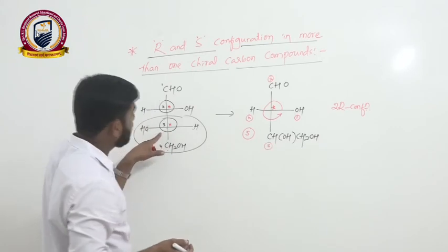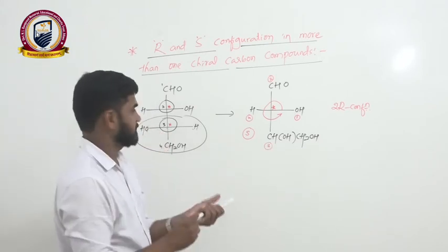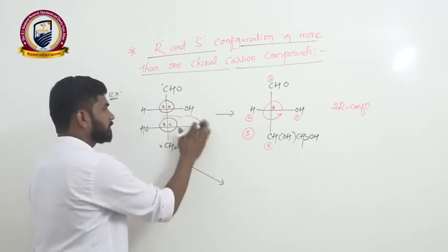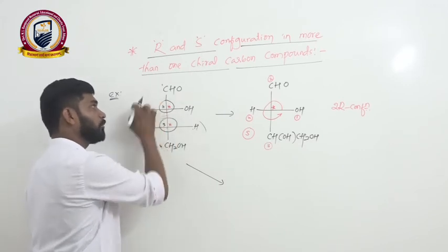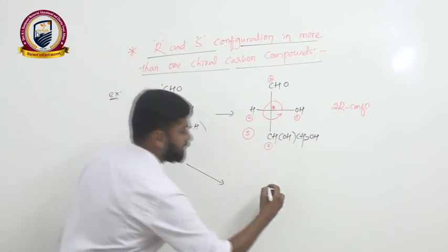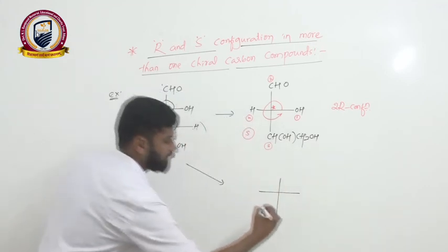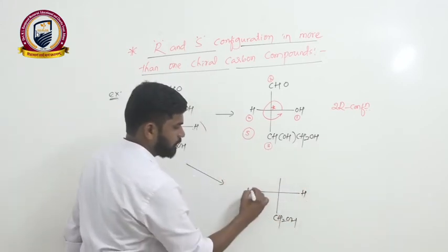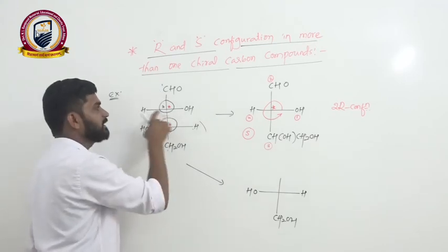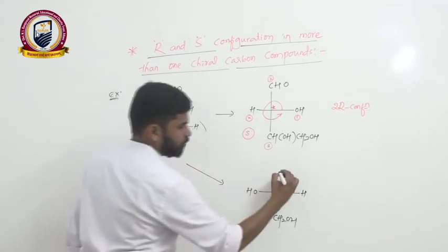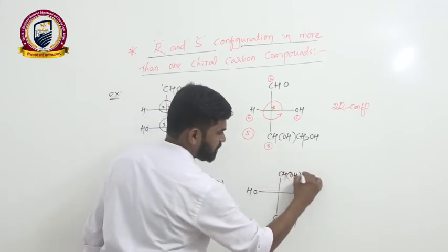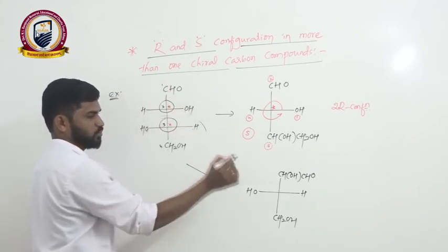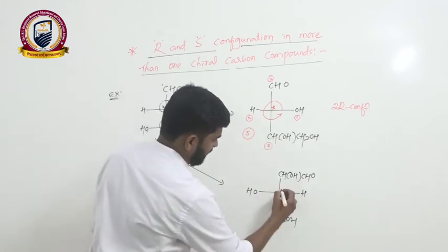Now let's go for the third chiral center and see how the corresponding configuration comes. I'll write this compound as follows. We keep this group the same and convert the other side into a single group. It will be CH2OH, this will be H, this will be OH, and this will be CHOH, CHO. So this group becomes CHOH and then CHO. This is the third chiral center.